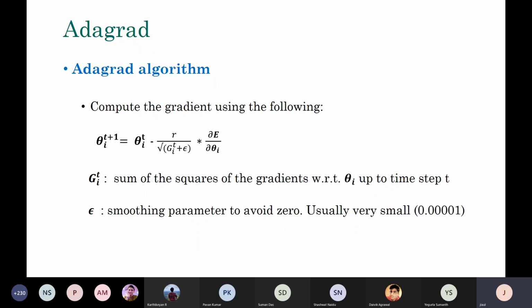Okay. Any other question? Sir, I have a question. Yes. Just now you said that people generally don't consider all the history but the last few. Then let us consider the case where our theta is very close to the optimal value. Then the gradients, the G_i's value for the past few history, will be very small, almost near 0. So then the learning rate would shoot up automatically, and then it will result in overshooting, right?